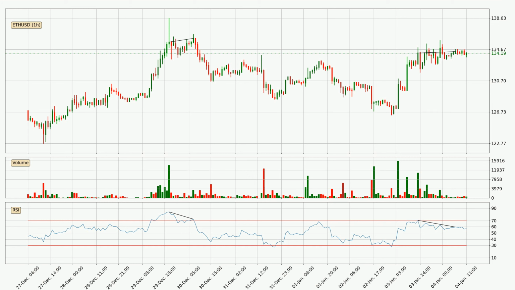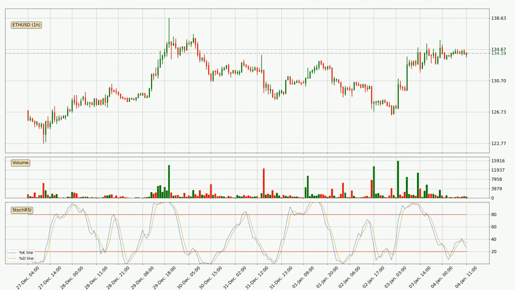If we now search for divergence in the hourly time frame, there is a bearish divergence, which means the price could go down from now or at least consolidate for some time. Jumping to the hourly stochastic RSI, there are no signs of the stochastic RSI being oversold or overbought at this time, but we can see that the trend is currently going down because the K line is below the D